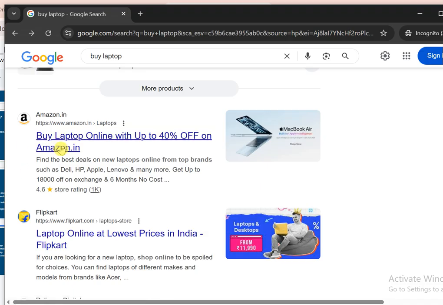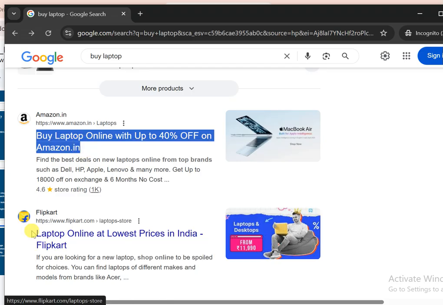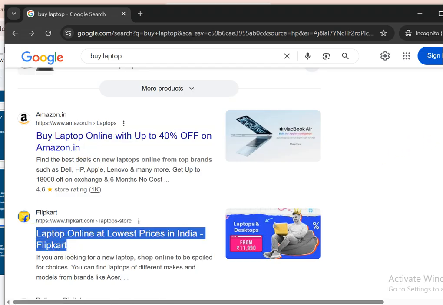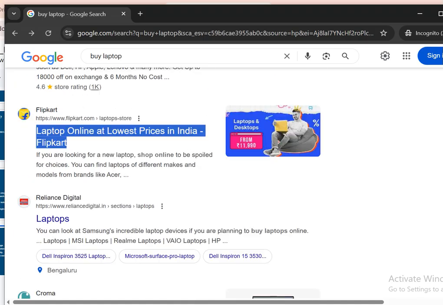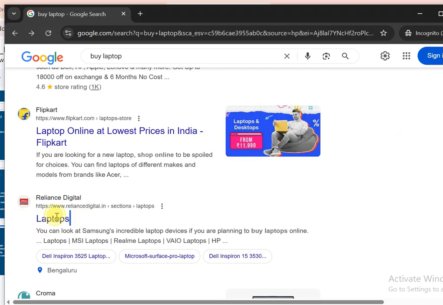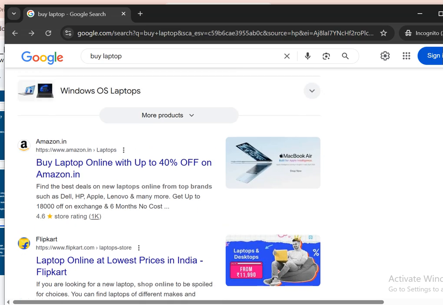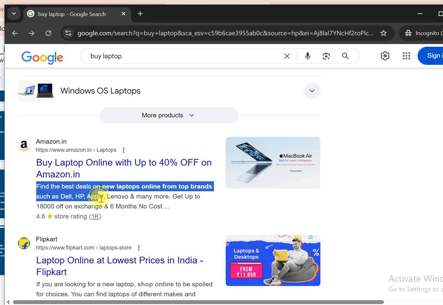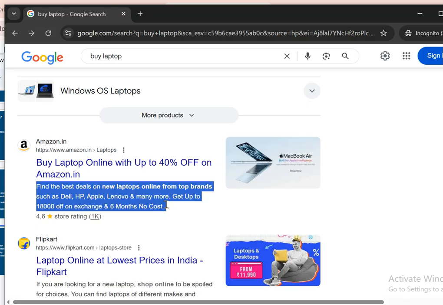Okay, what is the title length and what is the description length, this we will see in later sessions, but just to make you understand, this is the title. In each and every result, a title will be there. This is the title here when it comes to the Reliance Digital result. Same way, this is the description. This is the description of that web page.